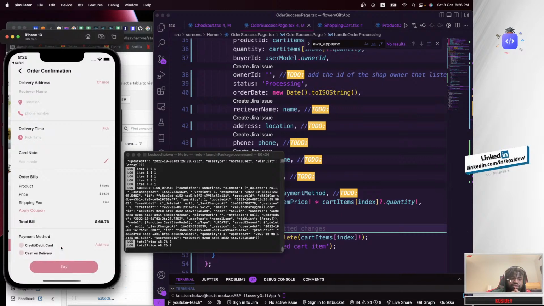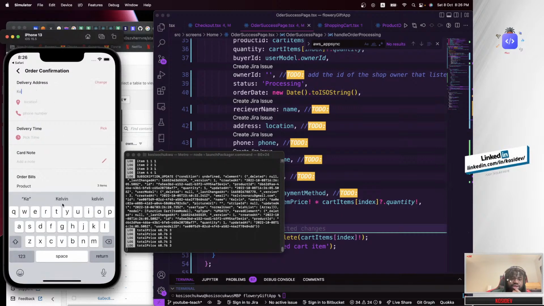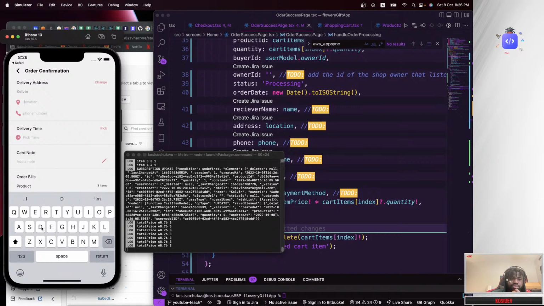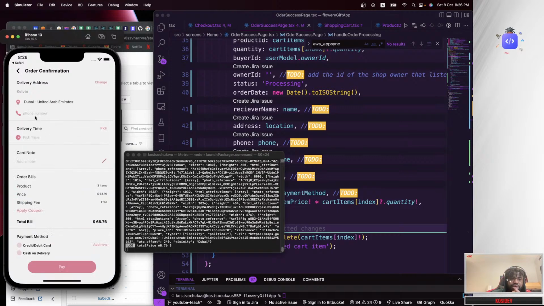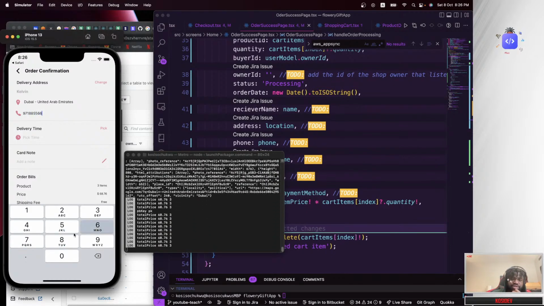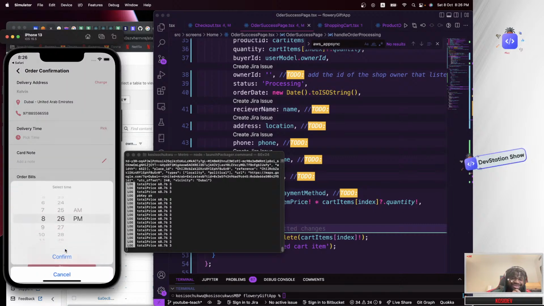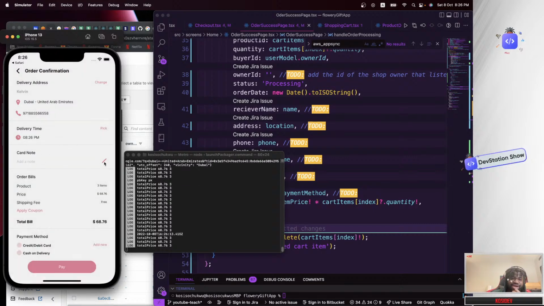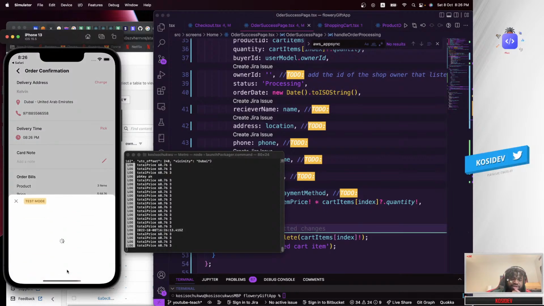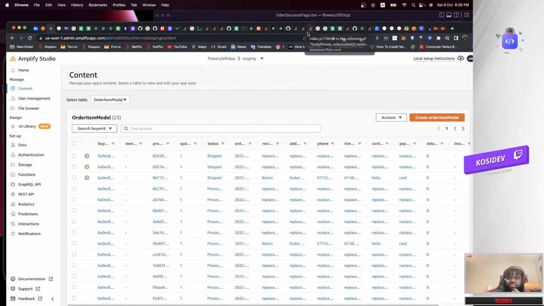So go to checkout, and inside the checkout try to change any of these. So I'm going to say Kelvin, Dubai, phone number 971, then any random numbers, like I said, that's not my phone number. Pick a time, card note, leave that empty, credit card, process, and try to pay. This comes up. So now we are going to use a fake payment.